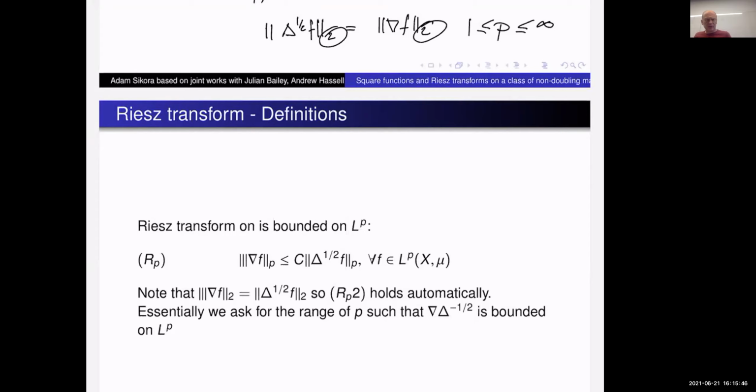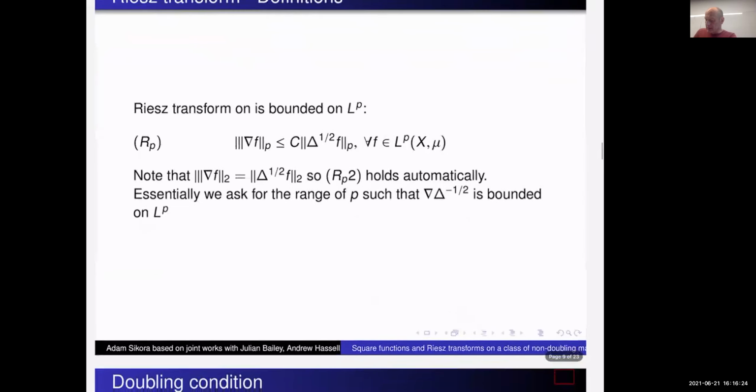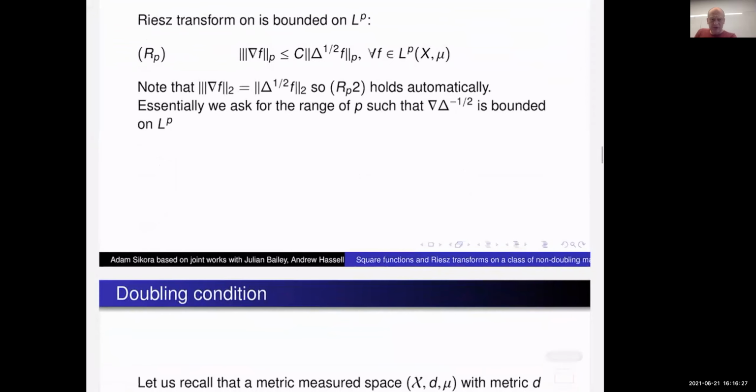So we want to be able to calculate the gradient, calculate somehow Lipschitz continuity of some functions, knowing that this function is a solution of this or that PDE. And this is, in a sense, the basic block of such estimates, which is very precise. And the answer which you expect is that this should be something which is bounded for all p, right? So that's a bit of a motivation of